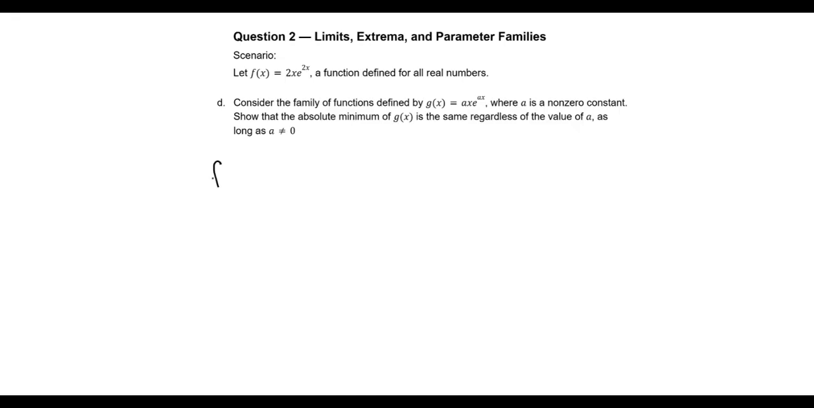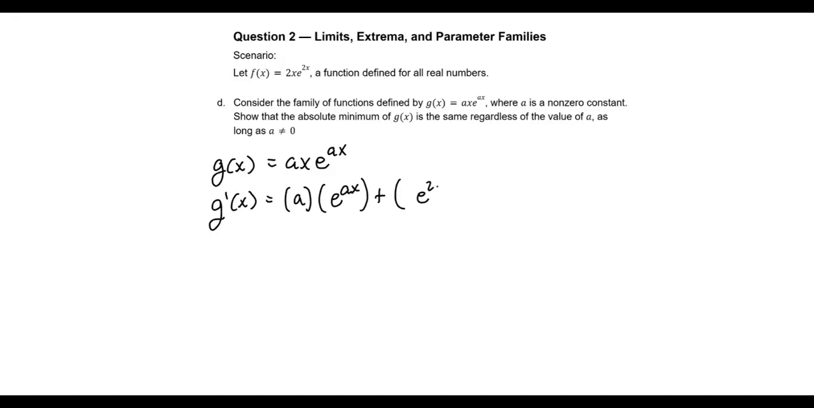So here's what we're going to do. We're going to take our new function, g of x here, which is ax e to the ax. We're going to find the derivative of it using a. Well, a is a constant here, so we're just going to treat a like we would any other number. So the derivative of ax is a. Then the derivative of e to the ax will be e to the ax times the derivative of ax, which is just a,